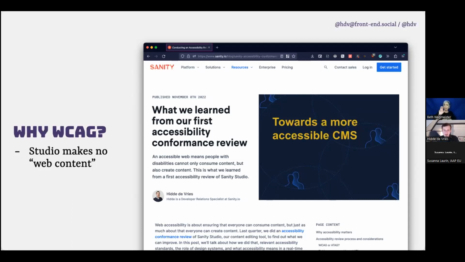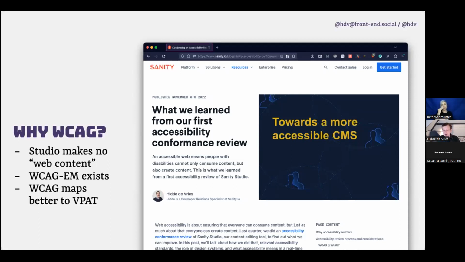So no web content. Another reason we chose WCAG is that there is an evaluation method, WCAG-EM, the WCAG evaluation method that provides steps for and a harmonized process for how to do WCAG audits. That was helpful. We wanted to use that so that if we ever get external auditors to look at it, they could continue with the same thing because it's more commonly known.